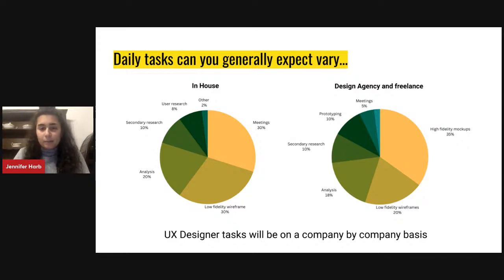It's still quite ambiguous what our role is and what the design thinking and designing process in general is. So every company has their own way of functioning, and it also really depends on your collaborators. These two diagrams are comparing the daily tasks that